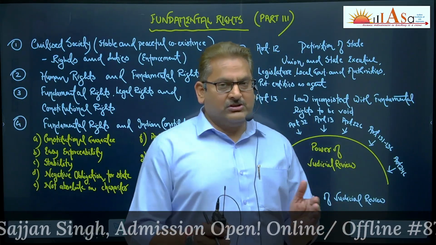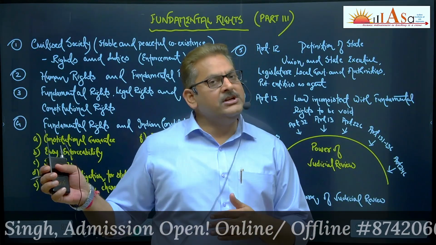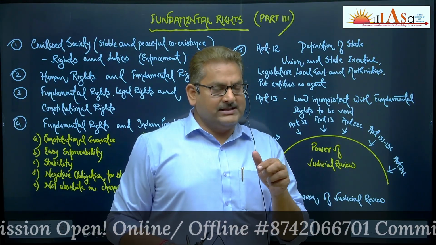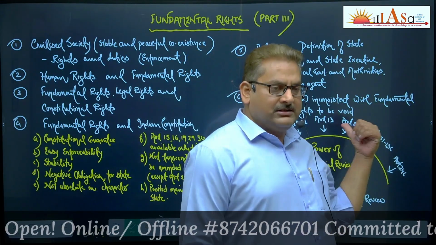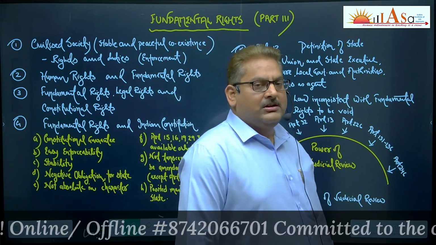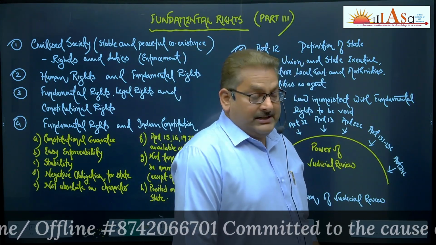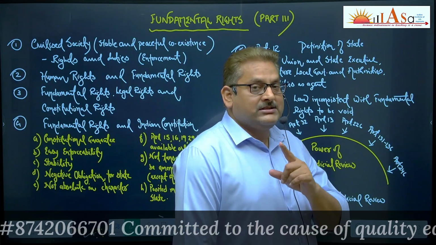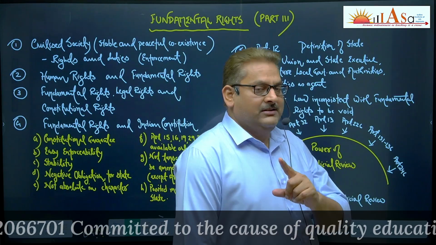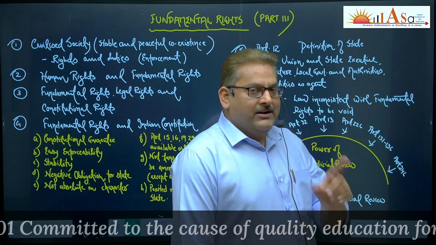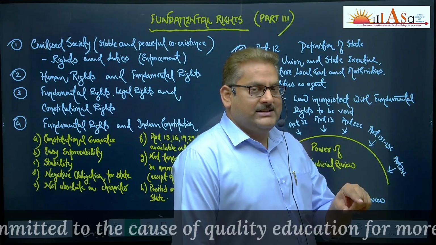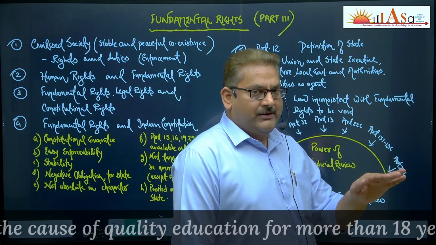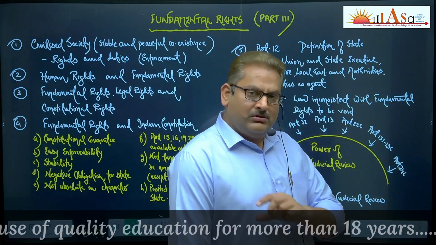Here, the writ jurisdiction of the High Court is wider than that of the Supreme Court because the High Court can issue writs in case of violation of fundamental rights as well as legal rights. Under Article 32, a similar jurisdiction lies with the Supreme Court, which can issue writs in case of violation of fundamental rights. Remember, the Supreme Court can issue writs only for violation of fundamental rights, not legal rights. So the power of judicial review of the High Court is wider in this respect compared to the Supreme Court.